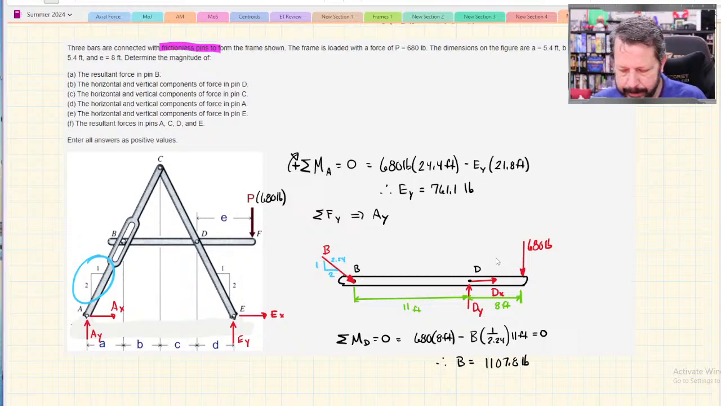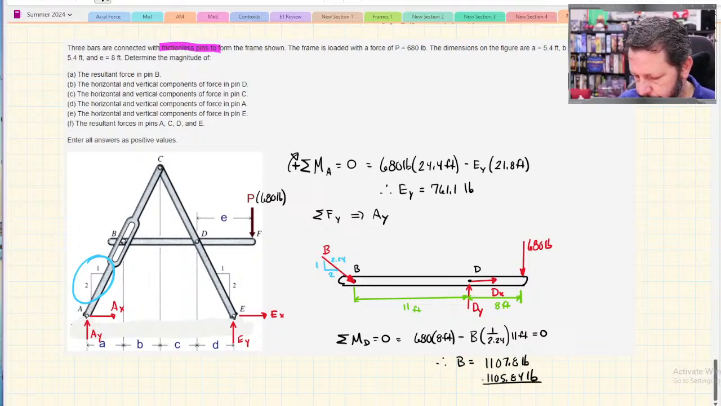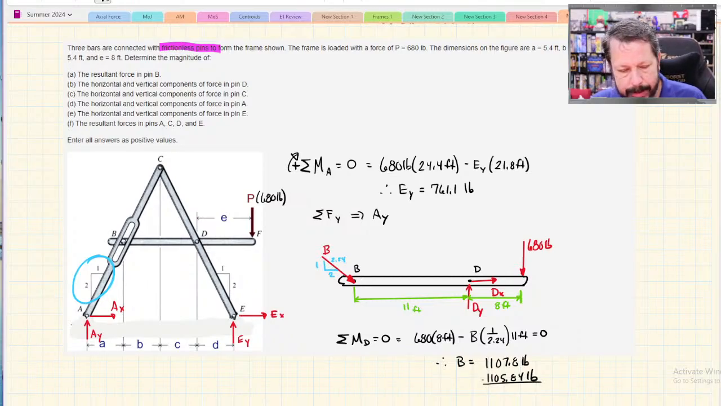Yeah, I rounded too much on the square root of 5. I should have used just the square root of 5 versus 2.24. So the actual number is 1105.84 pounds. Let's see. So then I could go forces in x, forces in y, get dx and dy, and carry on